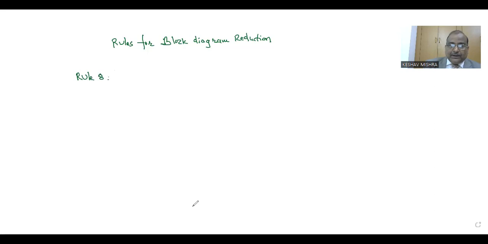This rule number 8 is related to shifting of a takeoff point. Sorry, shifting of summing point. We will shift the summing point. Summing point is basically a junction point where two or more inputs can be combined. So it is possible using this block diagram reduction technique to shift the summing point before or after the given